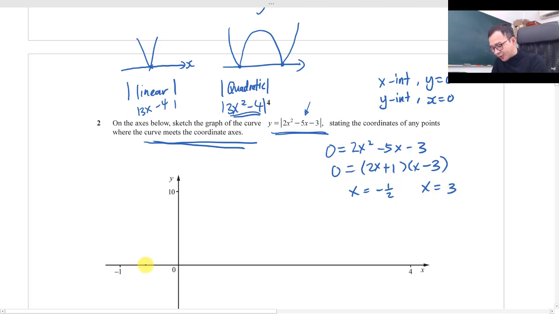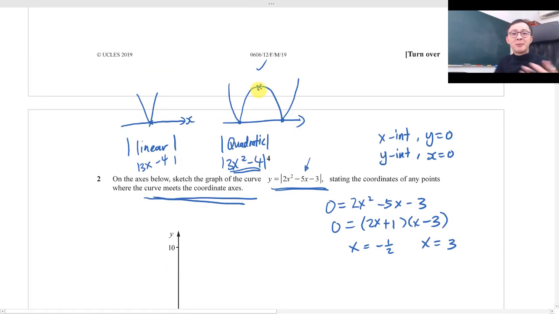So that means I should have negative half, which is somewhere here, and 3, which is somewhere here. So I just draw nicely 1, 2, 3, 4. Okay, 1 I just slightly further a bit. 1, 2, 3, 4. Okay, so 3 will be somewhere here. Alright, so this is the intercept, and then you should know the vertex, I mean, not the maximum point, I can say turning point over here should be between